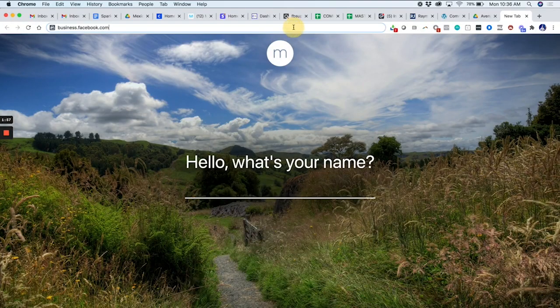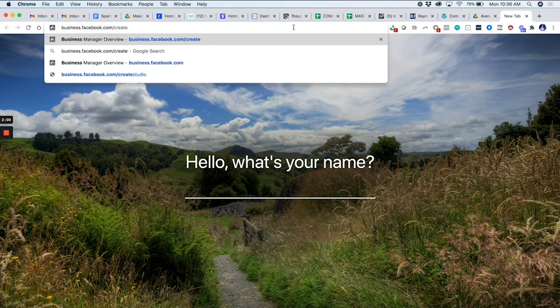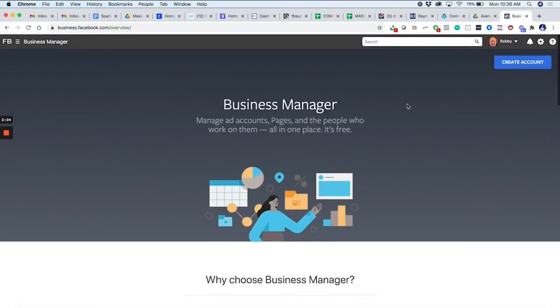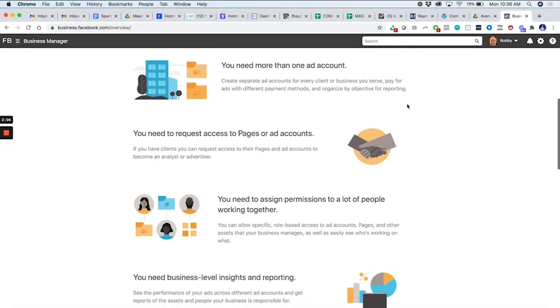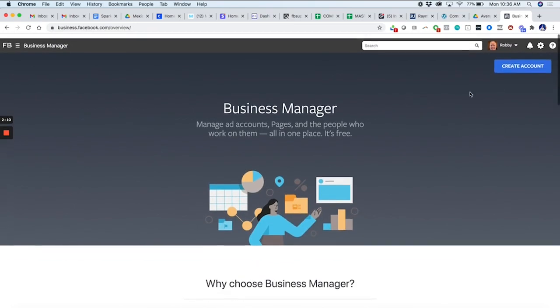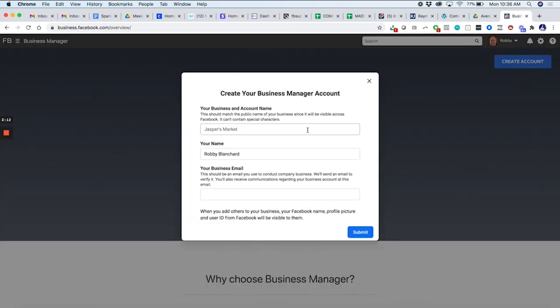Now, the way you're going to do that is all you're going to do is go to business.facebook.com/create, okay? Now, when you do that, you'll obviously see this screen come up right here, right? So it kind of gives you an overview of what to look for and everything like that. And really all you'll do is go ahead and create an account, all right? So you would name your account whatever you want it to be. Robbie's business. And then you put your name, you put your business email, and then all you'll have to do is,